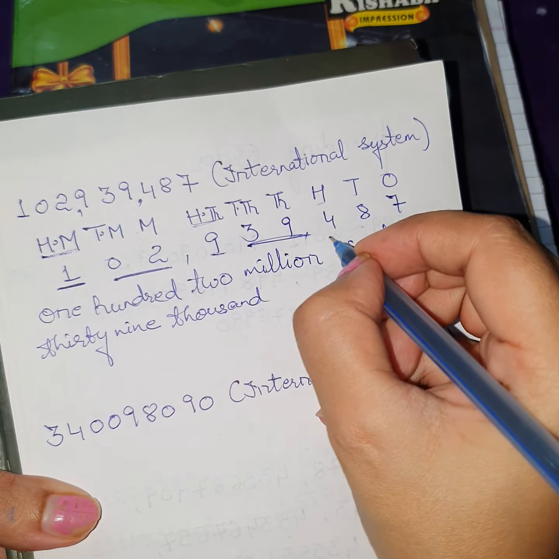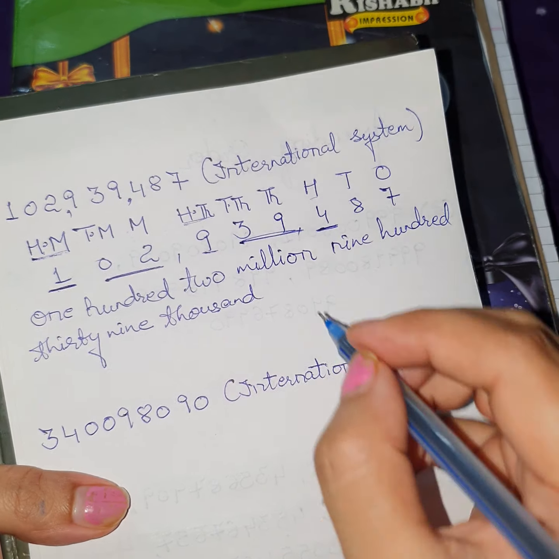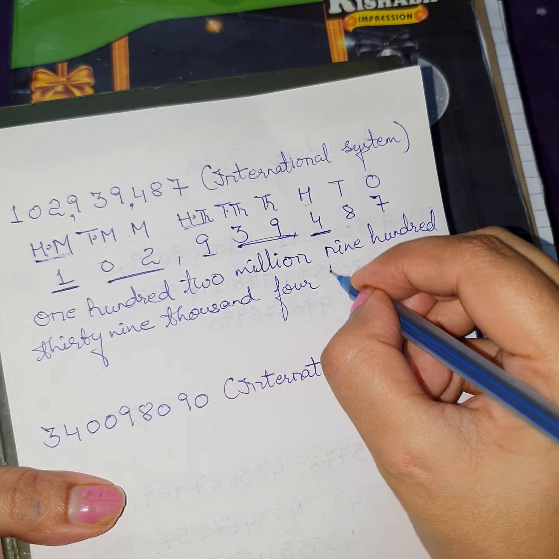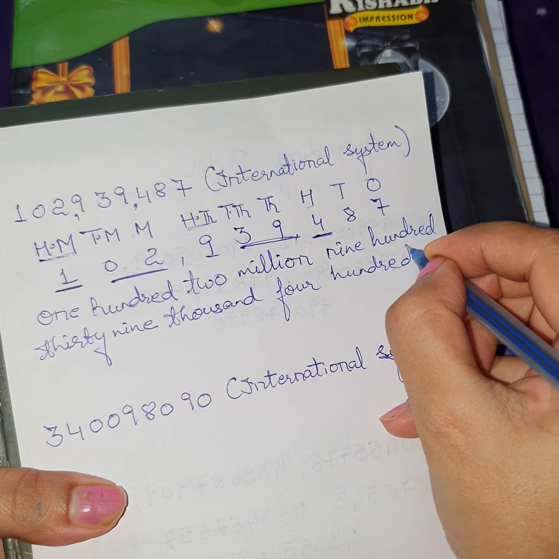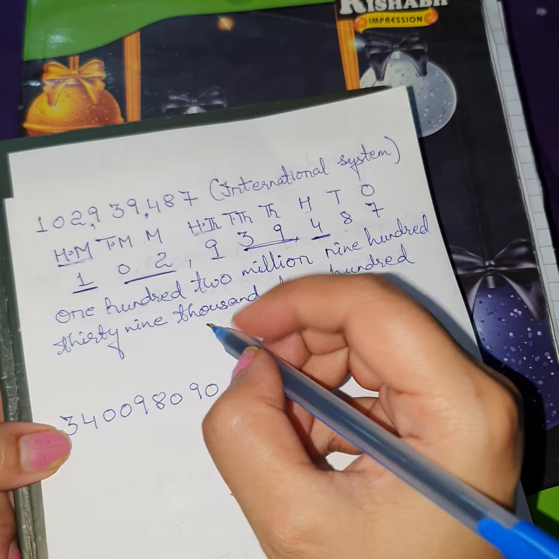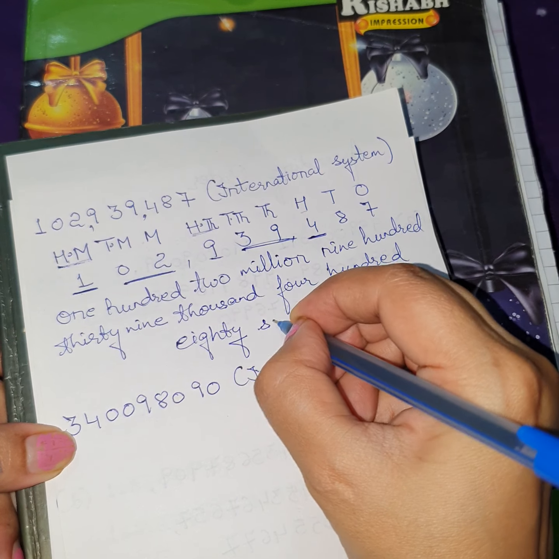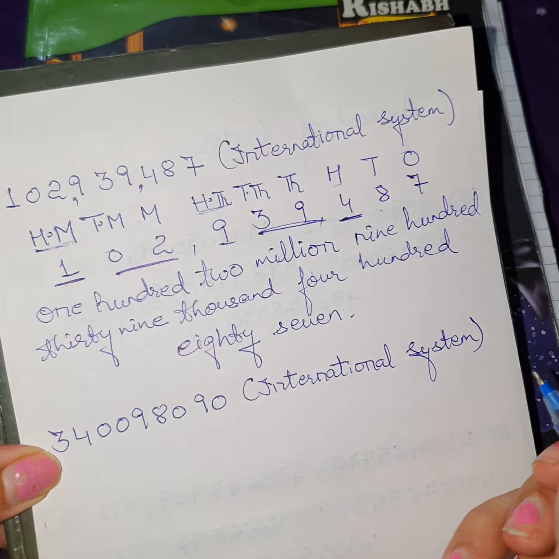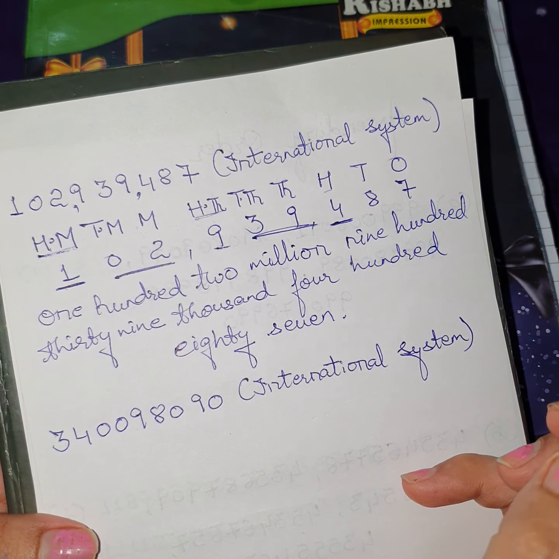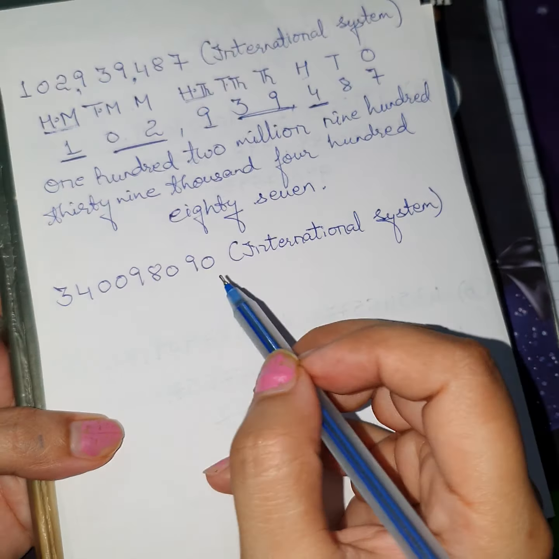And then finally 4 will be read as single, 400. And then finally the last two numbers together, 87. So like this you have to write. Fine. Now come on to D part.